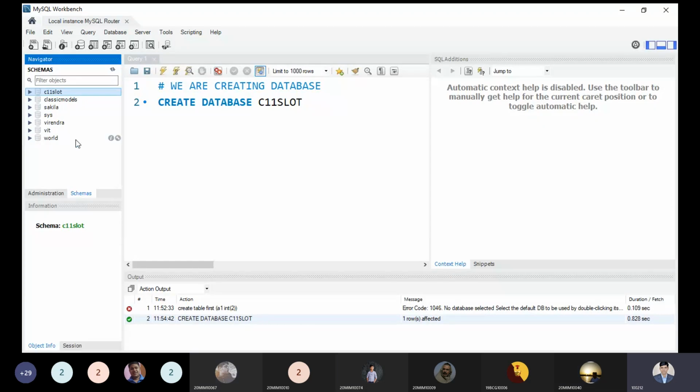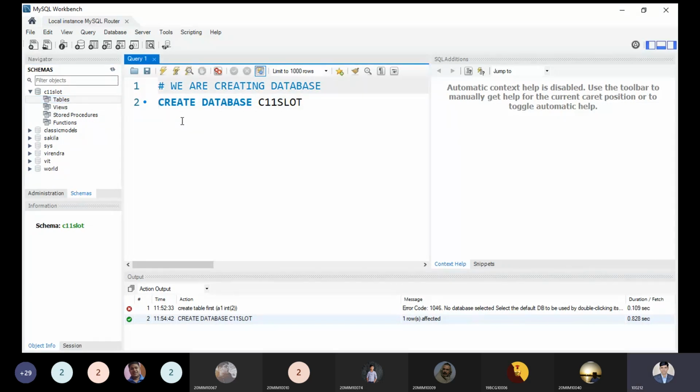Yes, good. So after creating the schema, you can see here we have various options comprising tables, views, stored procedures, and functions. The functions, stored procedures, and views we will see from time to time, but we will see the table first. This hash is used to make a comment in our system. We have created the database, and now let me make this query a comment, because otherwise this query will execute again and the message will come that the database is already available.